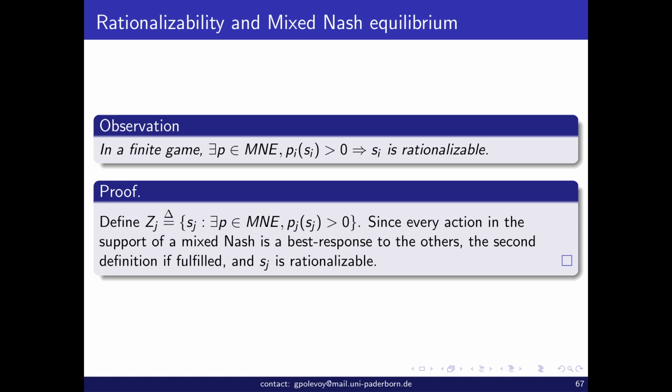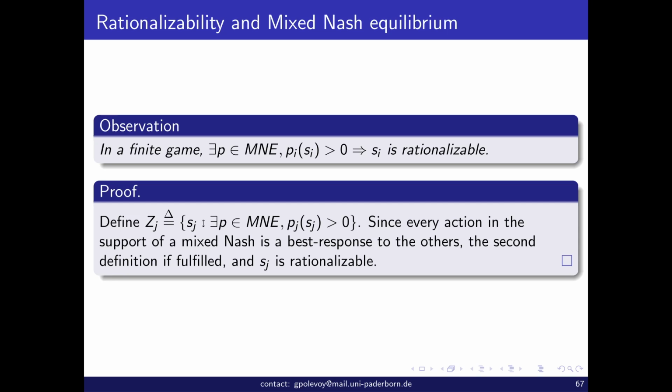By the way, that's intuitive. Nash equilibria are stronger than rationalizability. It's not only that it's a best response, but it's a best response to what others actually do, so you know exactly what they do. You are completely consistent. You don't allow being a best response to something that the person thinks the others do; you just have to be a best response to what they actually do. Generally speaking, that's stronger. So it's definitely intuitive that something in the support of a mixed Nash equilibrium is rationalizable. In particular, a pure Nash equilibrium is rationalizable, and the proof is simple.